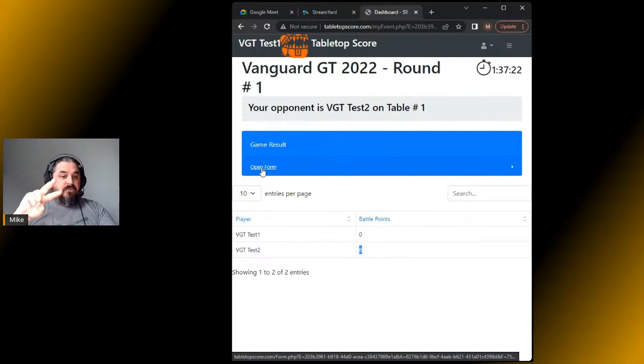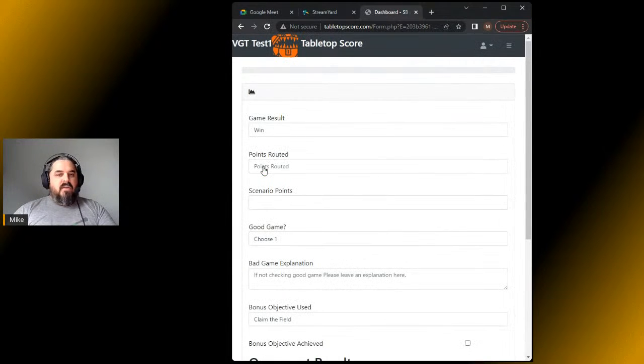On the last round, there will be 2 forms here. One will be the game result, and one will be the tournament wrap-up form, and that'll be where you do your player's choice voting, and you're voting for your first and second favorite opponent, but that's only at the very, very end. But after every round, you go in here, you click open form, and it'll bring you to the game result